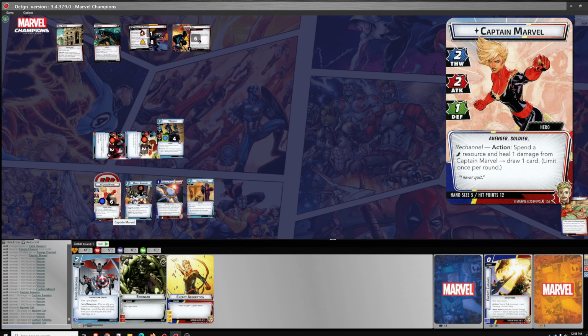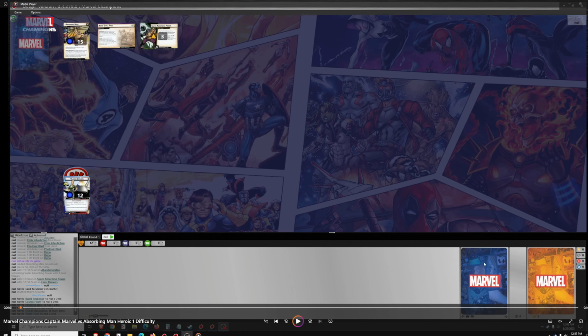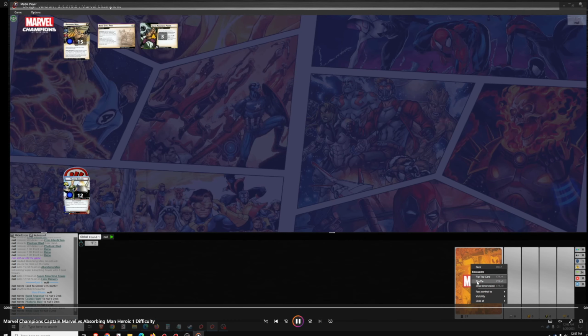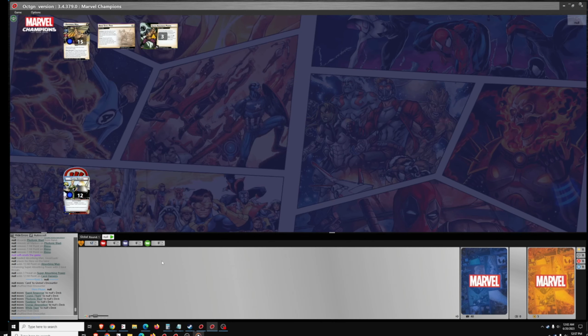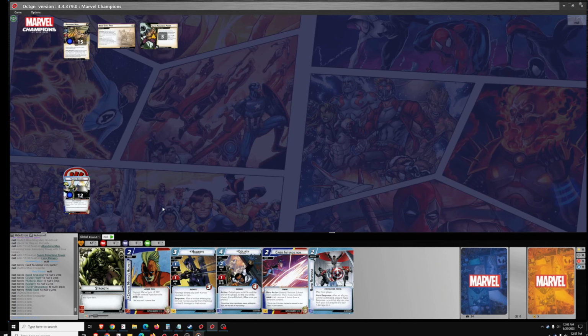Now we're going to get into a game against a heroic quest, which is a game that I lost. It is Absorbing Man on Heroic 1 difficulty, and so we're using this game to establish where this deck's ceiling is at. And the ceiling isn't that high because Absorbing Man on Heroic 1 is